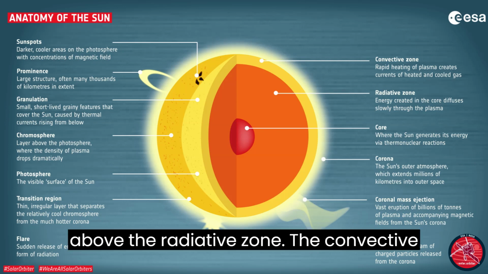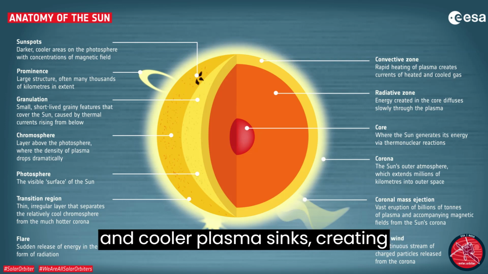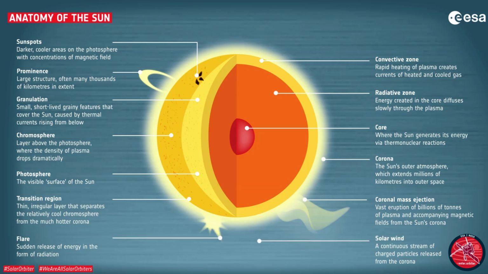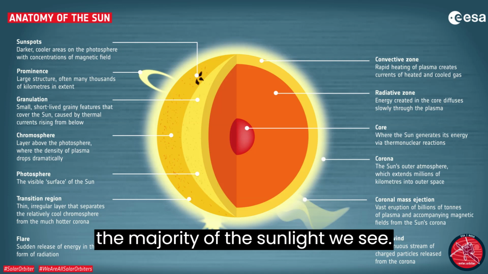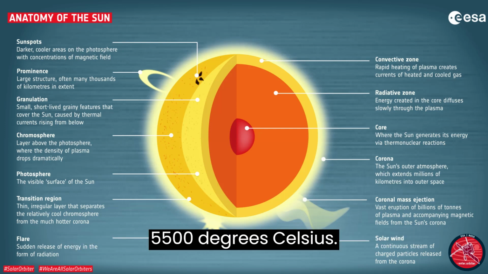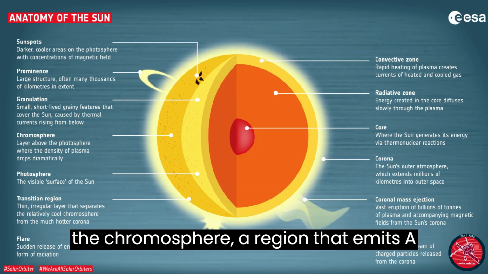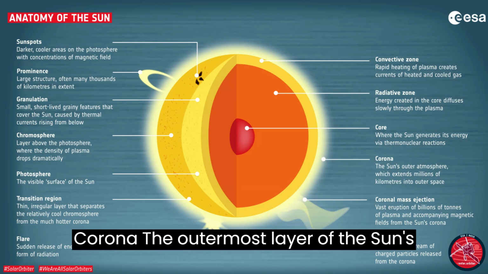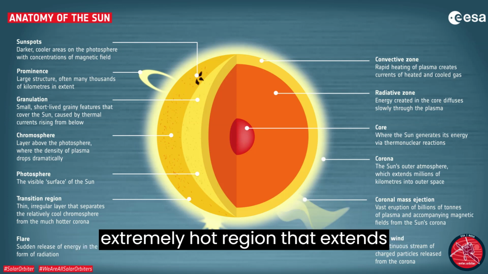Convective zone. Above the radiative zone, the convective zone is a layer where hot plasma rises and cooler plasma sinks, creating convection currents that transport energy to the surface. Photosphere. The photosphere is the visible surface of the Sun that emits the majority of the sunlight we see. It has an average temperature of around 5,500 degrees Celsius. Chromosphere. Above the photosphere lies the chromosphere, a region that emits a reddish glow during solar eclipses. Corona. The outermost layer of the Sun's atmosphere is the corona, a tenuous and extremely hot region that extends millions